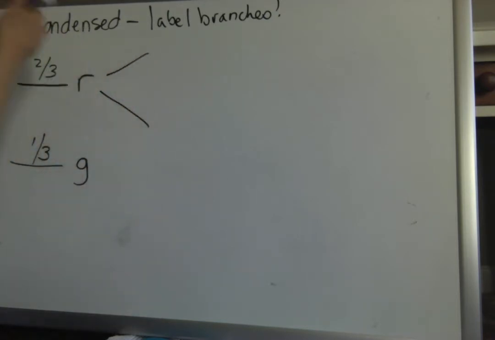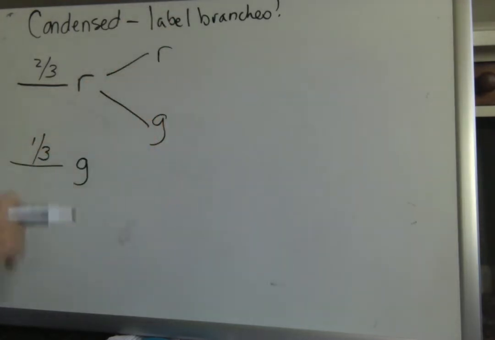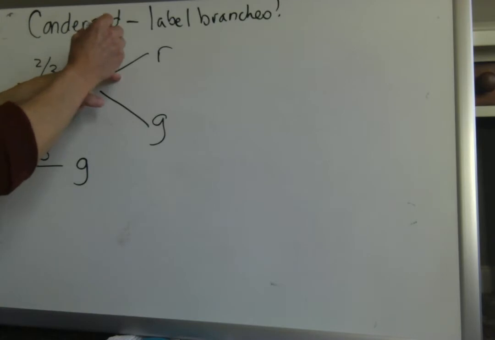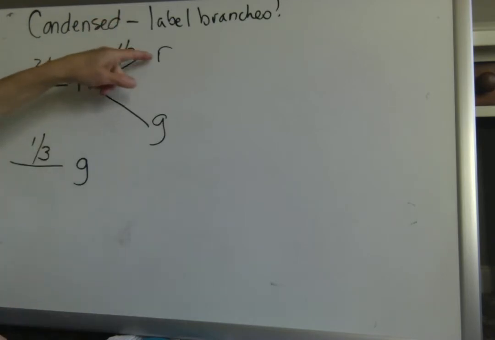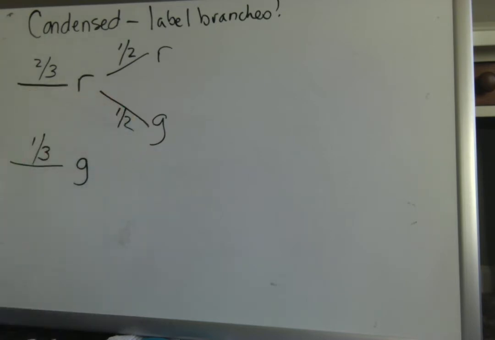Now, after we pick out a red, our second pick is either red or green. Now think about it. This is where you have to go pretty slowly because this was without replacement. That's the most critical part of this problem. Let me back up for a minute. Once we pick 1 ball, we only have 2 balls left, right? And because I picked out a red, there's only 1 of the 2 balls that are red. My green's still in there, so 1 out of the 2 balls is green.